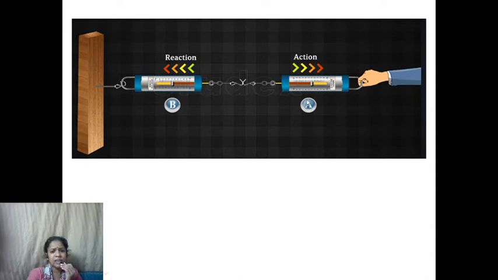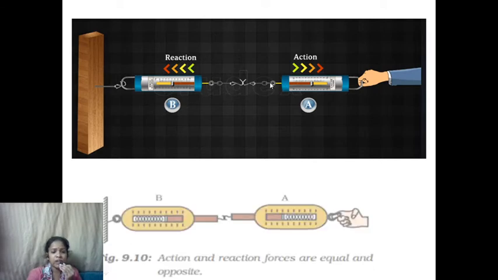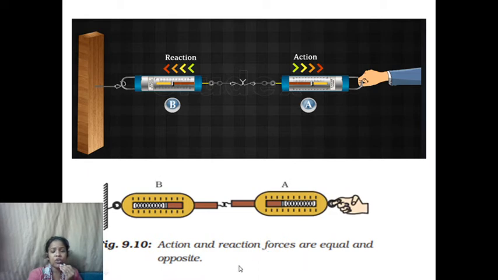Now this is a very simple activity which tells us that action and reaction are equal and opposite. Here this is a wooden support which is immovable, and on this hook there is a spring balance, and another spring balance is hooked to it. When you pull one spring balance, you are applying a force on the other. So this is the action in this direction. But then what will happen? Whatever reading you get here, the same reading is also seen here. There is a reaction in the opposite direction and the magnitude is the same because they read the same. So this shows that action and reaction forces are equal and opposite.